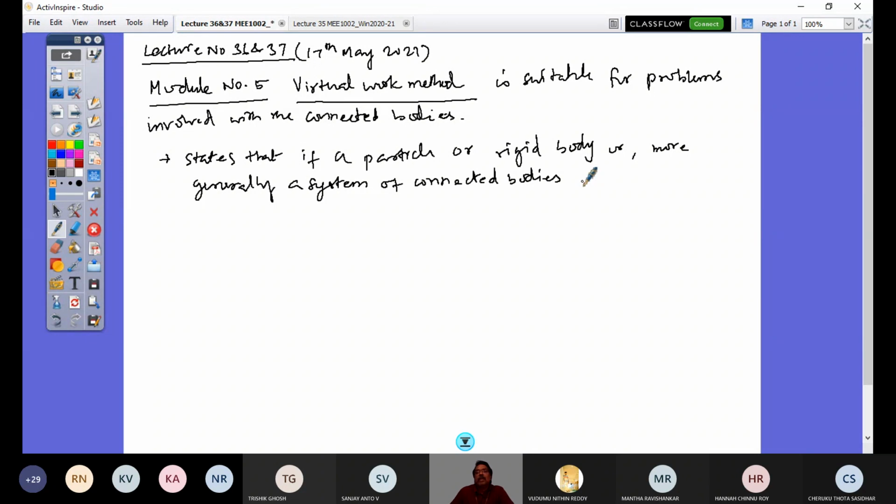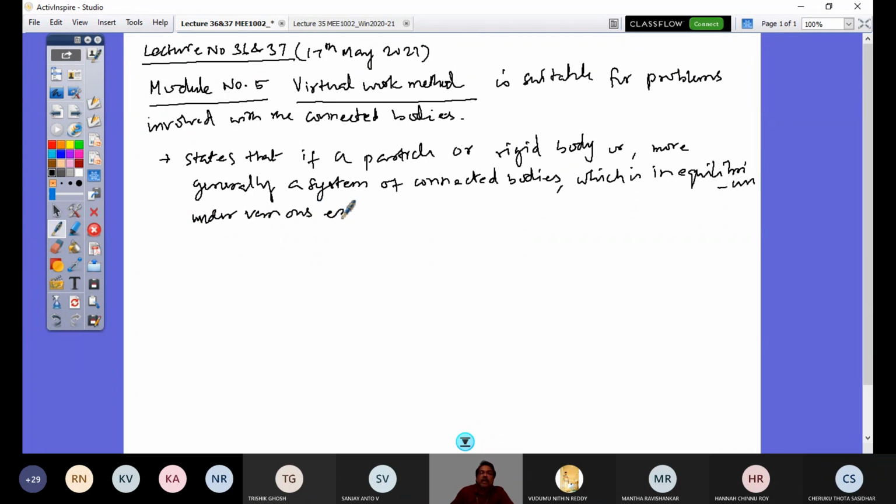A truss system, where there are many members connected in a particular fashion in order to bring out a structure called a truss to transfer the loads. These are all examples of connected bodies which are in equilibrium, under various external loads,